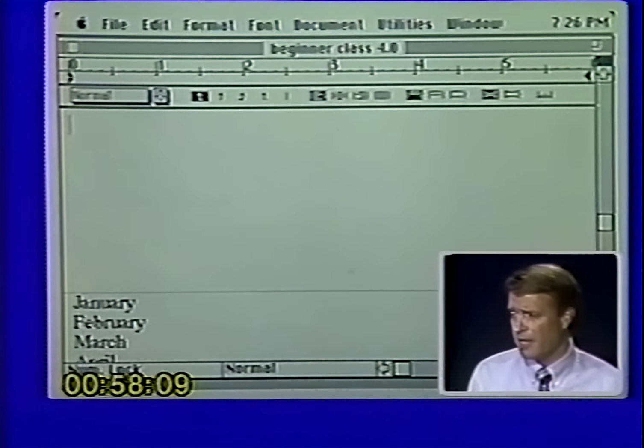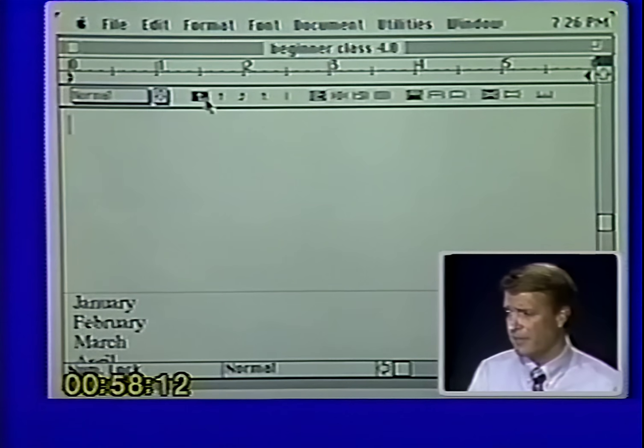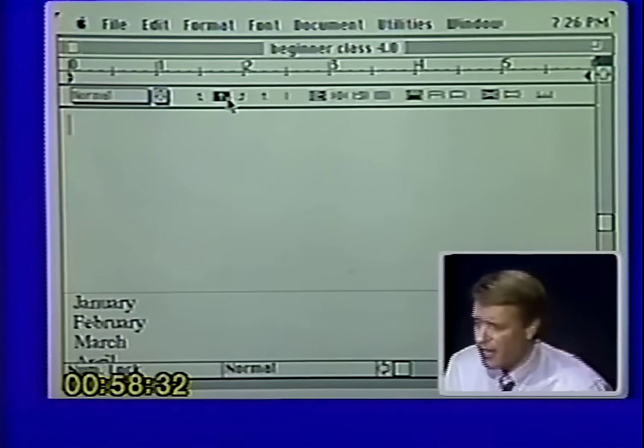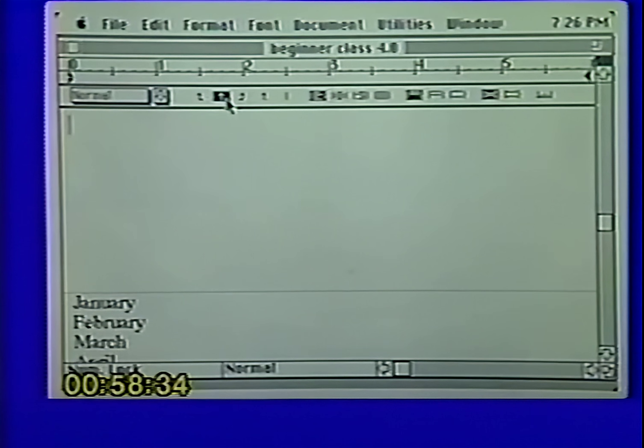Now if you want to set a tab other than those, then you can come up here and set the tabs in your ruler. There are 4 kinds of tabs, so let me explain each of the different tabs. The first one, if I set tab number 1, it will line up all of my copy to the right of my tab mark. If I select tab number 2, that will center all of my copy under the tab mark. I used to say in my class that was a nice little option, but I never saw what you'd use it for. One person mentioned that that's a good way to center your heading over the column. So again, the second tab centers your copy under the tab.